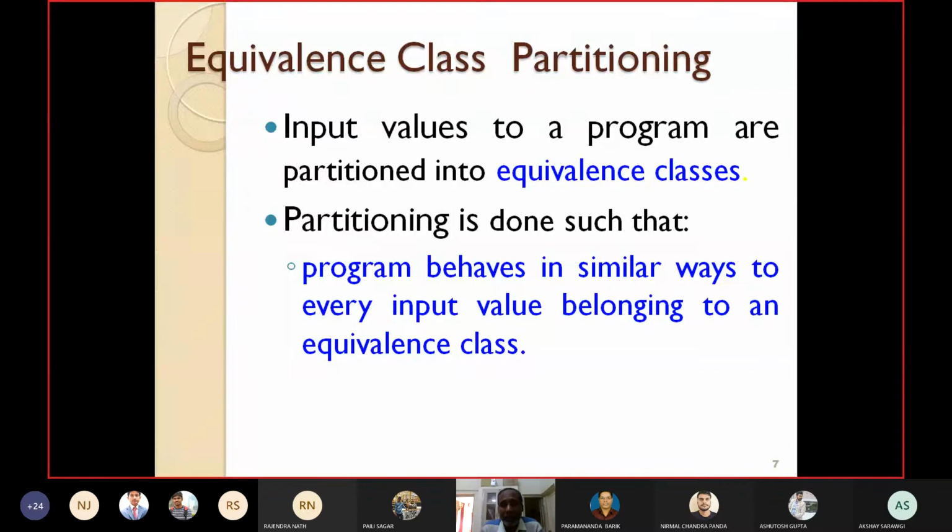And in the last case, if you have taken a program, maybe for prime number or the square root of a number, it is expected that however the program behaves for input value 2, in the same way it will behave for 5, 8, 11, etc. So now the question is, because I have already told you, we do not have sufficient time, we cannot write an infinite number of test cases. We should generate an optimized number of test cases.